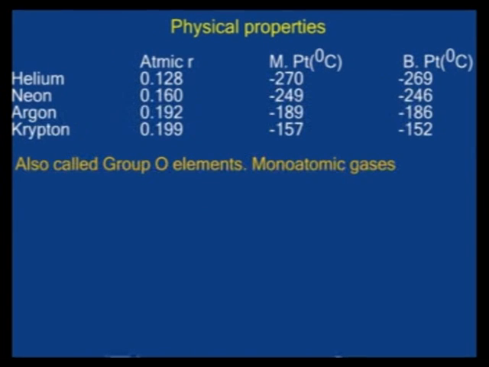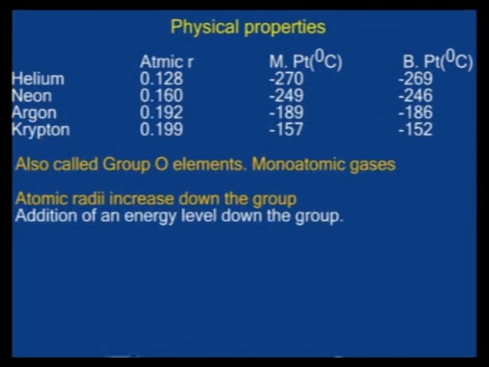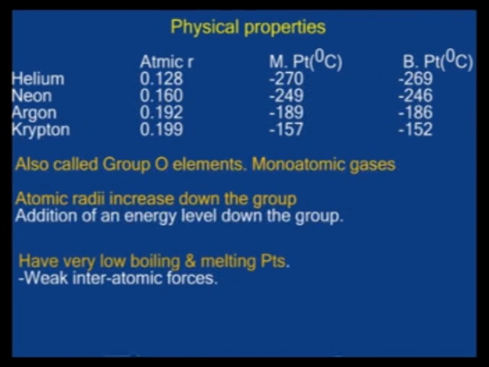Let's look at the physical properties. Now, this table on your screen summarizes the properties of noble gases. The atomic radii increase down the group because of an additional energy level proceeding down the group. They have low boiling and melting points, and this is because of the weak interatomic forces of attraction between their